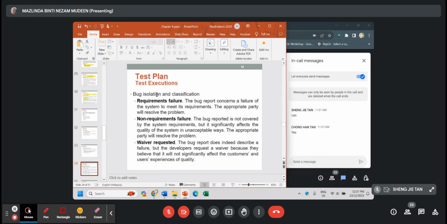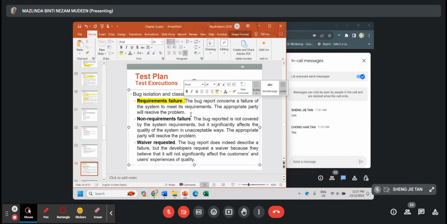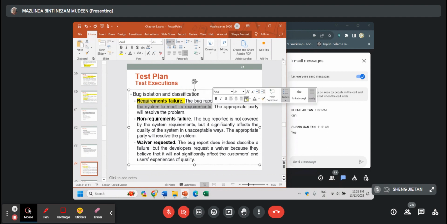Okay, so these are some examples of bug isolation and classification. We have requirements failure, where the defects concern the failure of the system to meet its requirements. It means a failure happened in conducting the functionality, so it didn't meet the requirement. Then for the non